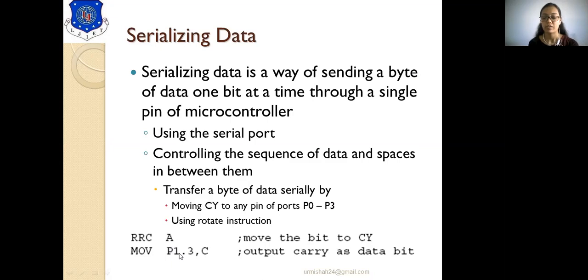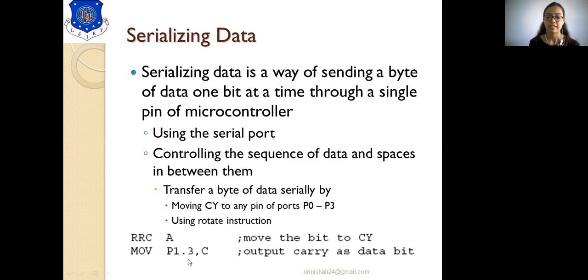In a port also, we have 8 bits of space, from 0 to 7. For all ports, port 0, port 1, port 2 and port 3, you have 8 bits of space. So P1.3 means the third bit of port 1.